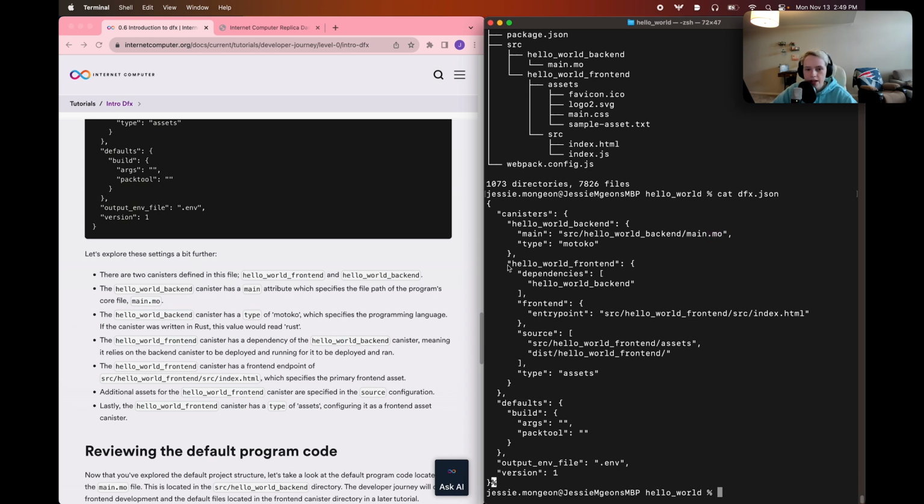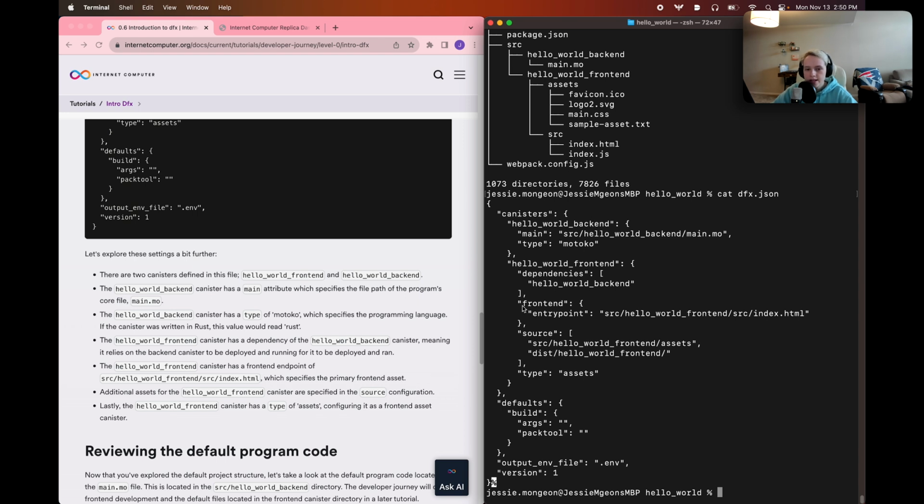file extension. Then we can see that our front-end canister is also defined, and we can see that it has a dependency defined, and so its dependency is the backend canister. So this dependency indicates that this front-end canister, in order for it to be running and deployed, this backend canister first needs to be running as well. So when we go to deploy our project in a future tutorial, this backend canister is going to be deployed first, and if there are any errors that cause this backend canister to fail and it isn't able to be deployed, this front-end canister will then not be able to be deployed either, since it is dependent on the backend